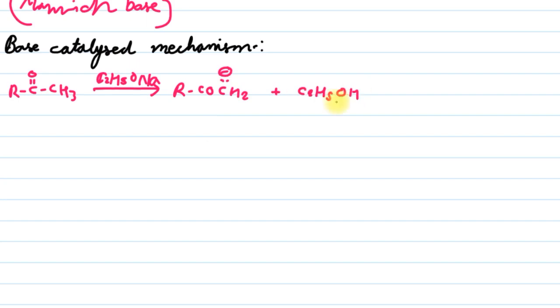So we can write here the carbanion, and now the carbanion forms, and then the formaldehyde molecule reacts with a secondary amine,